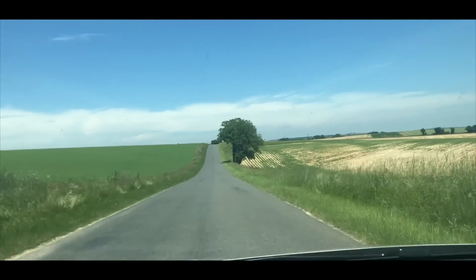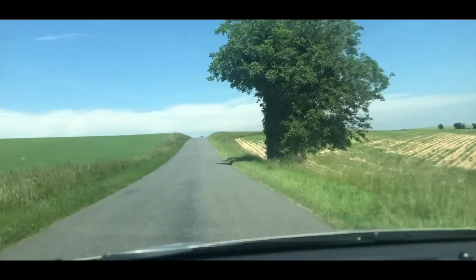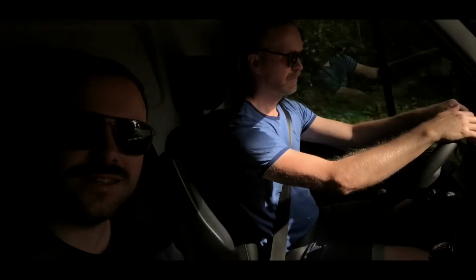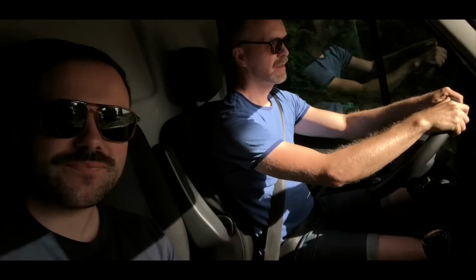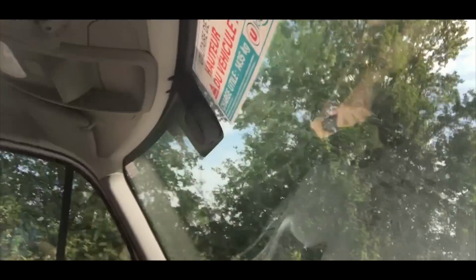Just hired our van here. Jyrki's doing very well. It's a little bigger than we normally would get, but we're just driving through the countryside here now at the moment. It's a very beautiful day